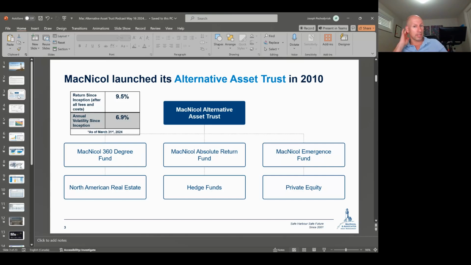And you can see that up until the end of this past March, not doing too badly. I would like that return figure to be in those lower double digits, but I'll take a 9.5, and 6.9 vol is about half the volatility that you would get in the stock market, and that's the S&P 500. If you talk about some of the more higher beta markets, like our stock market up here in Toronto, a lot of oil and gas and resources companies there, they can be a little bit more volatile. So when you compare it to those two main equity indices, we're really in good shape there in terms of